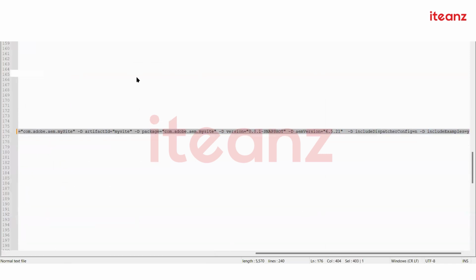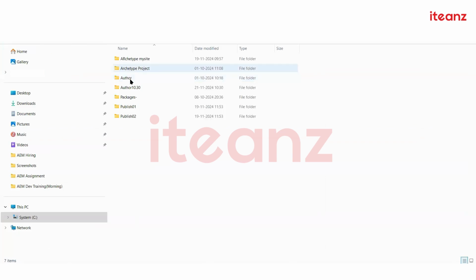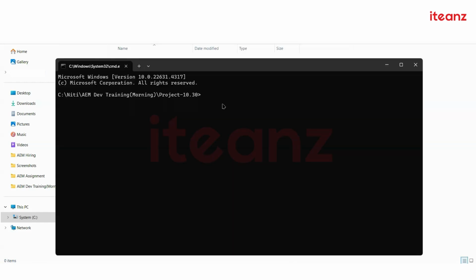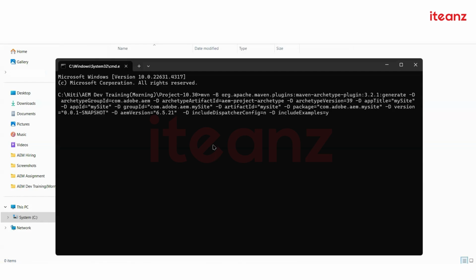So what we will do is create a new folder wherever you want to create your project. Just open that folder, type CMD, and I'm going to copy paste my command here. So what I'm telling them is this is your command to generate your new project archetype, with whatever plugin versions